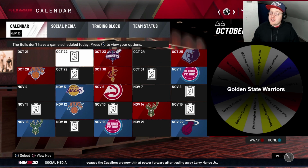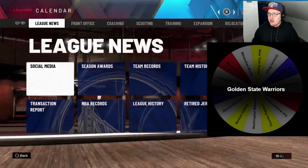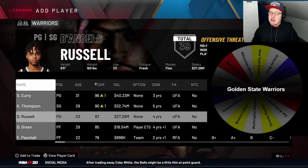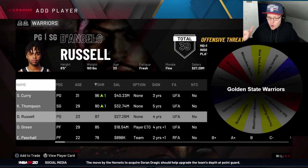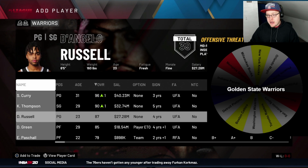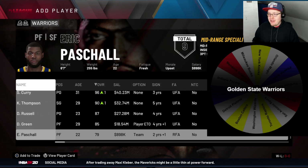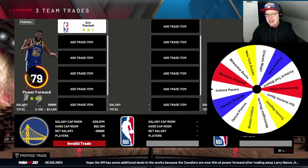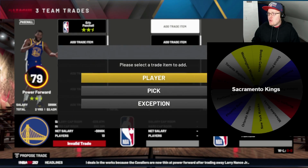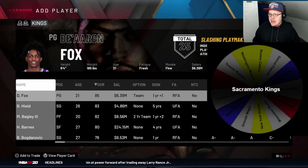Next up, we got the Golden State Warriors. So this one's going to be interesting because it's actually really tough to determine their sixth man right now because they got so many injuries to players. I would say if this team was 100% healthy, you're looking at Curry at point guard, D'Lo at the 2, Clay at the 3, Draymond at the 4, and a center at the 5. Eric Paschall would be the sixth man of this team. So we are going to pay some respect towards him and use him in this trade video. He's going to be going over to the Sacramento Kings. Yeah, I think this is another guy whose name I always freaking butcher. And that is going to be